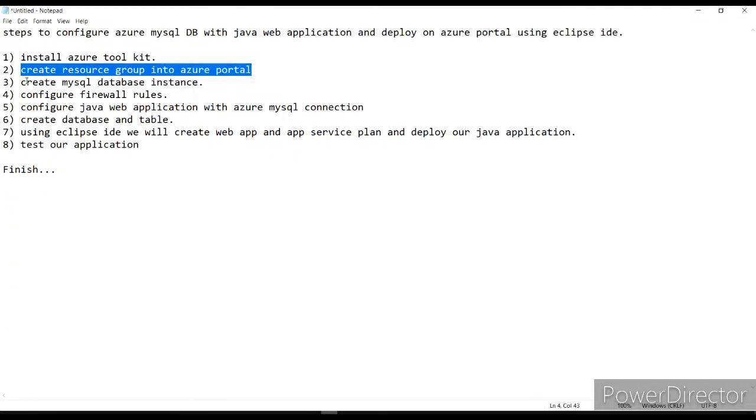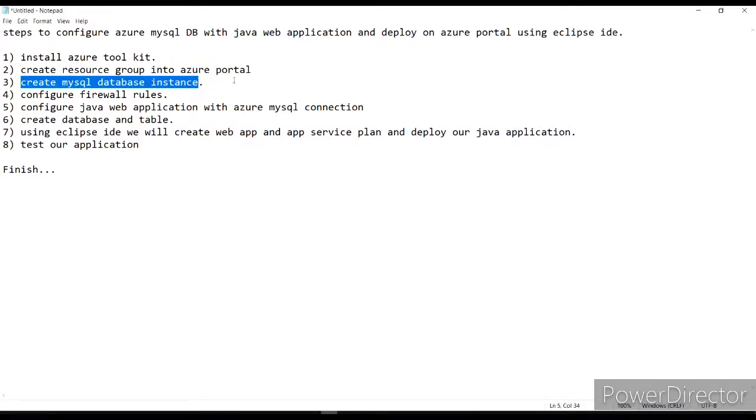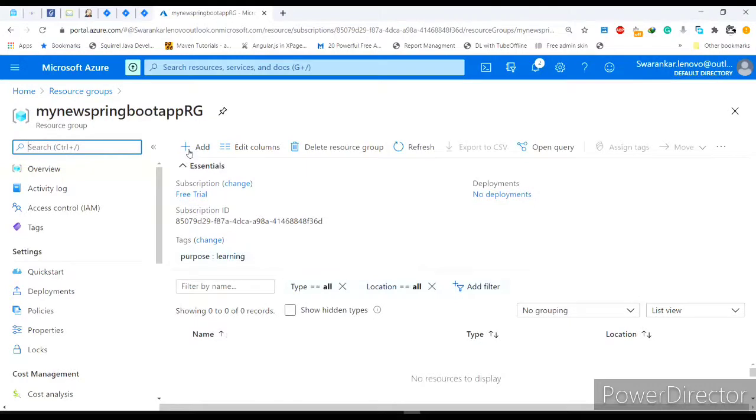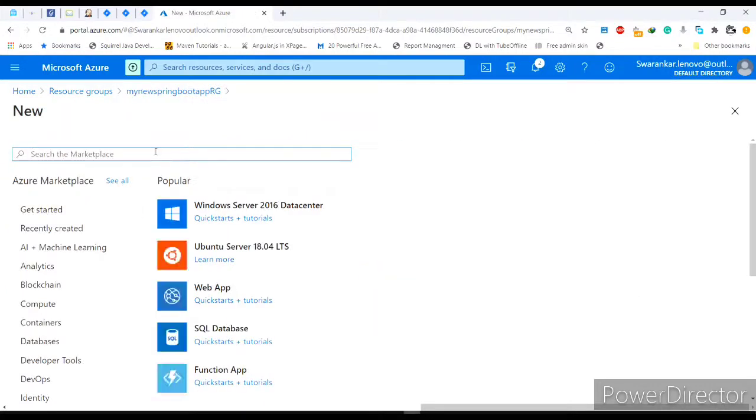Okay, so the third step is to create a MySQL database instance on the Azure portal. So simply I click on the add button.